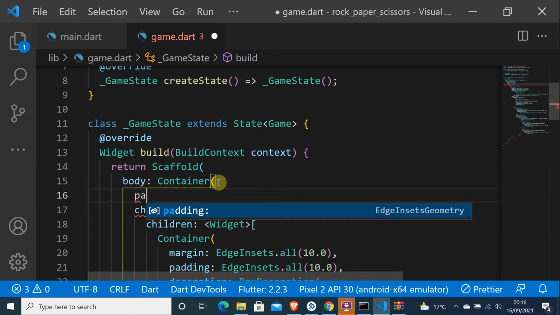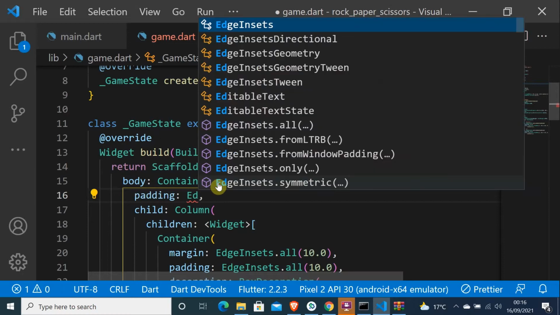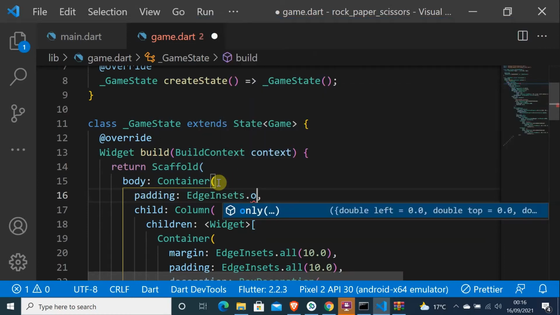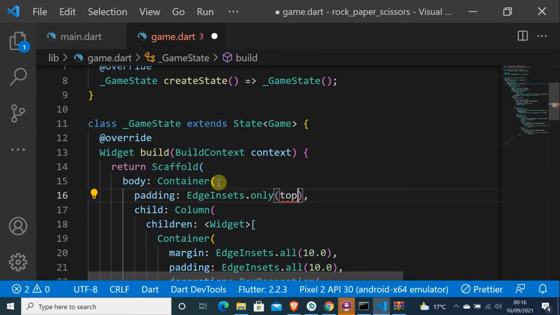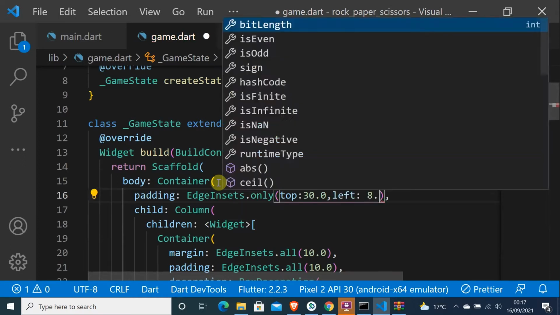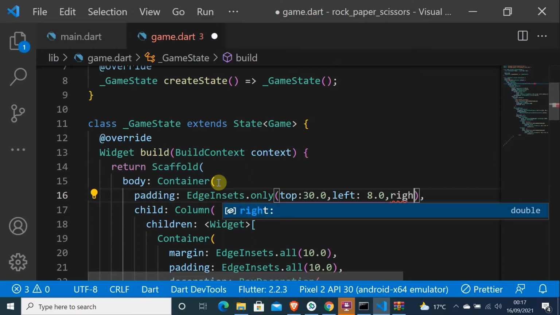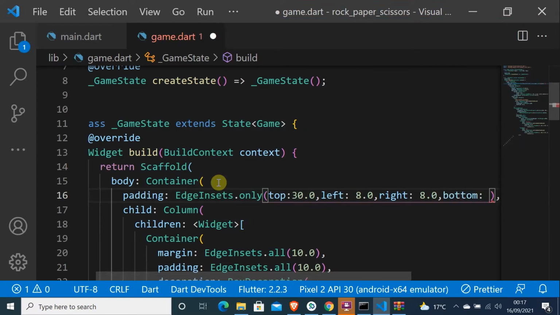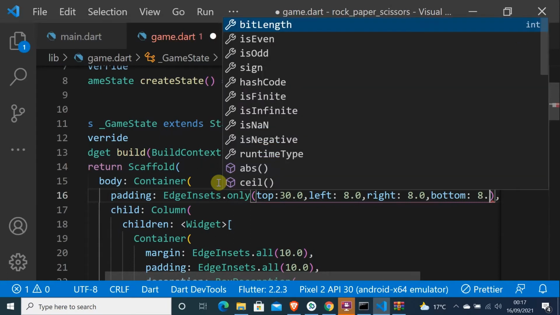And let me do padding EdgeInsets.only, the top will be 30.0, and then left will be 8.0, right 8.0, bottom 8.0,